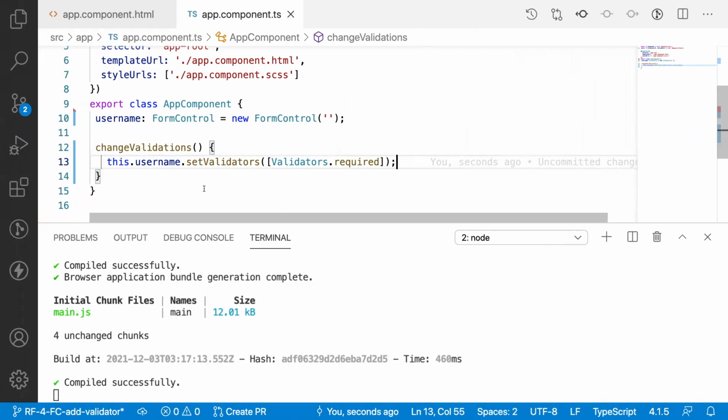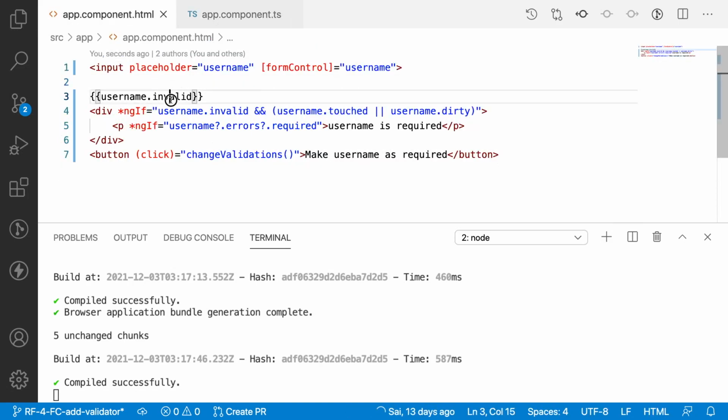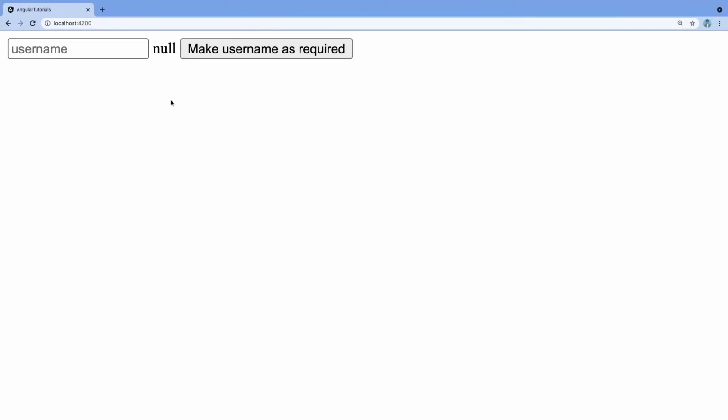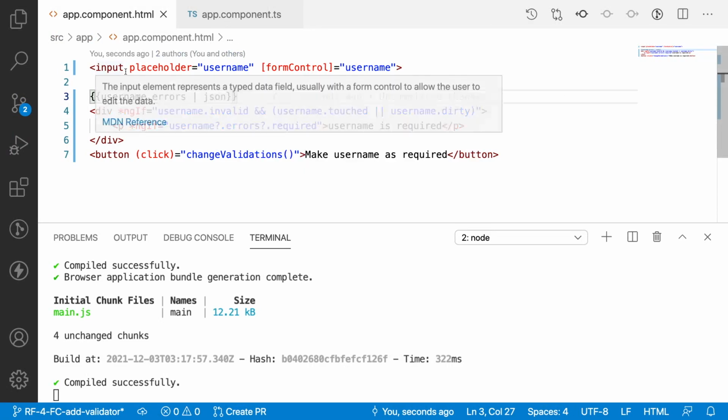Because whenever we add validations, they are added to my username. We can check by using the errors object. We can print the errors object with the JSON pipe so that we can see the whole errors. The first time it is null. Let me click on make username as required, and it is still null, because it is not able to detect inside our HTML content.